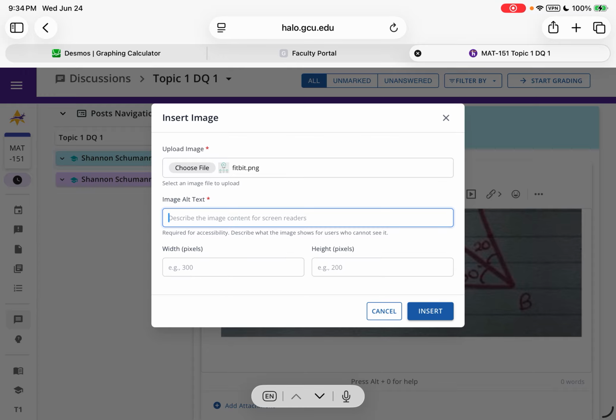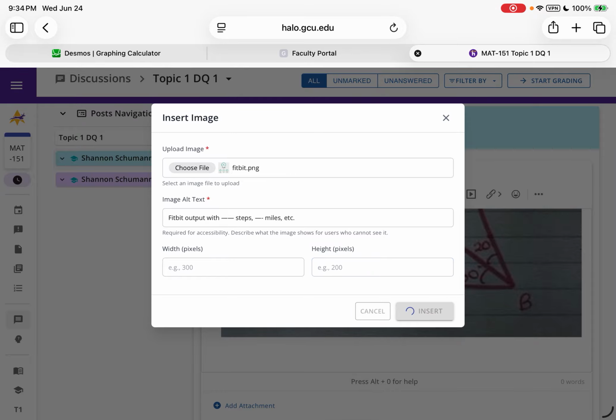So here, this is an image of my Fitbit output with, and then you would put in how many steps, how many miles, etc. I would type in the full description of that. You can change the size if you want to do that. I'm not going to worry about it. Okay, and then you press insert,